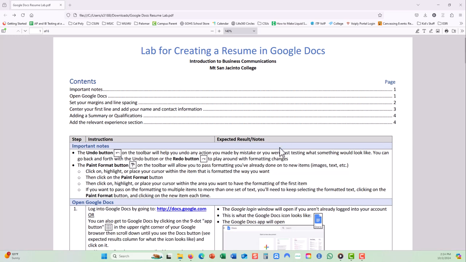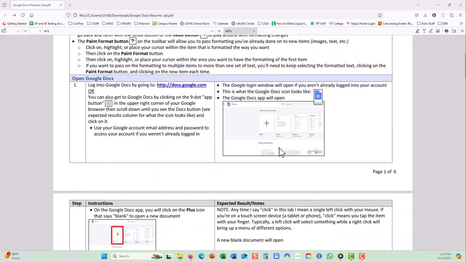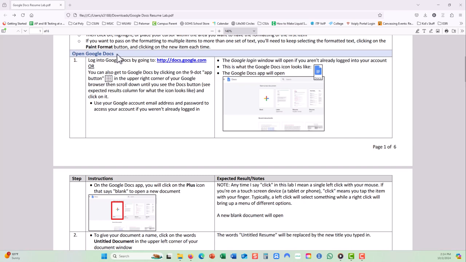All right, so let's go ahead and start the lab. Scroll down to step 1. And this section is just opening Google Docs. All right, I'm going to show you both ways. You can either just go to any web browser and type in or copy or click on the http